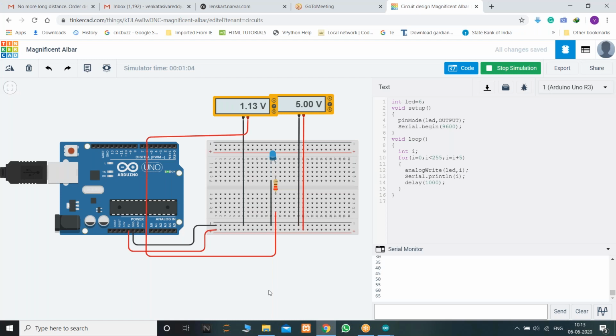You may decrement values from 255 also. You can write a program for decrementing these values. This is for fading, and you can write a program for fade out also. Am I clear? With analog input and analog output, for reading values from analog in and writing outputs from analog out.